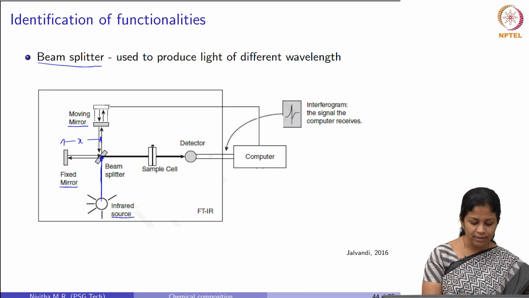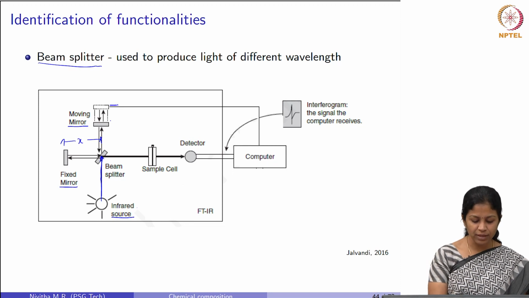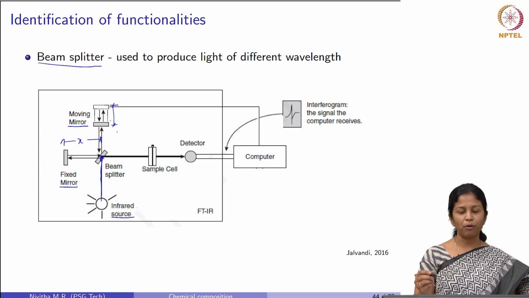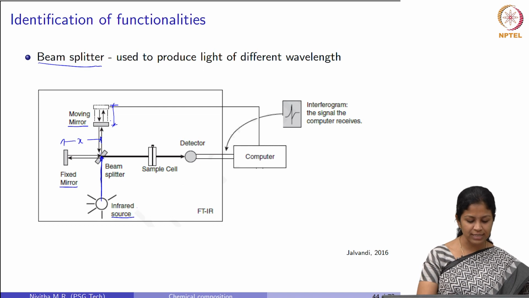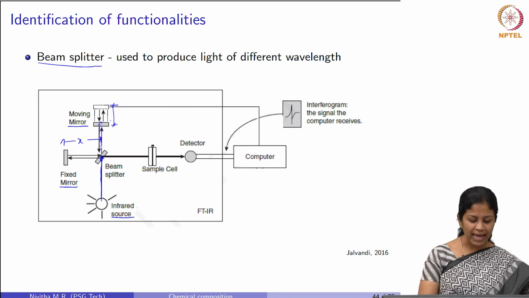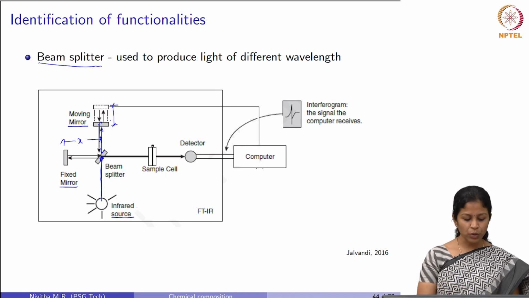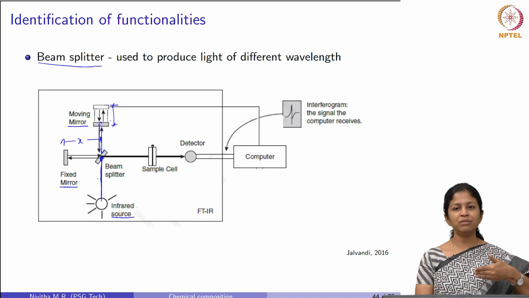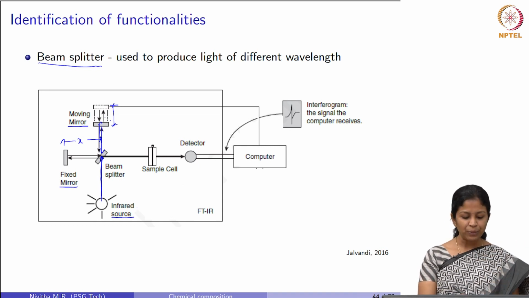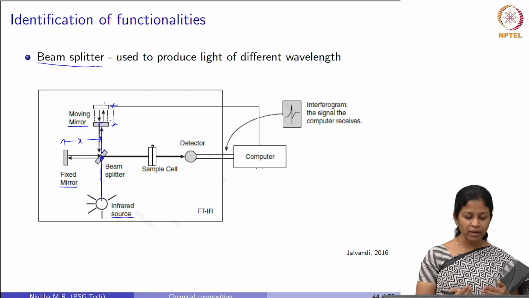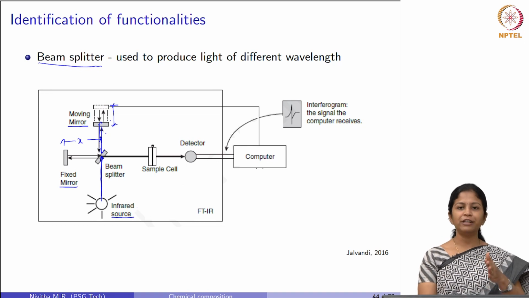So, this moving mirror can vary from this position to this particular position. Depending upon its position at that point of time, the amount of time taken for this light to fall on this mirror and then reflect back is going to vary. So, when the time varies, the wavelength is going to vary. So, there will be variation in frequency. We have a fixed mirror where always the time is constant, so the frequency will be constant, whereas this moving mirror will keep varying spatially with time. So, depending upon the time, this will produce light of different wavelength.